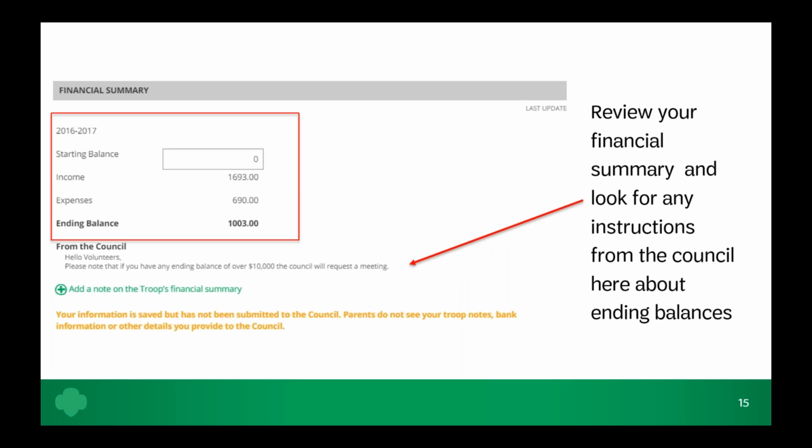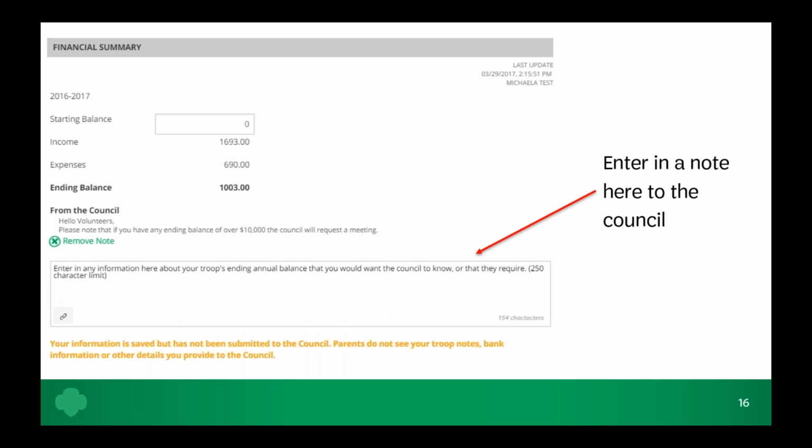All right, so once everything is in, you put your financial information, your income and expenses in, you will have a financial summary, and it will pretty much give you a breakdown, how you started out, income minus expenses, and your ending balance. The thing I want to point out here is that for our council, if there's an ending balance of over $500, then you need to put in what your troop plans to do with that particular money and things like that. So to do that, you'll see this add a note on troops financial summary, and it's